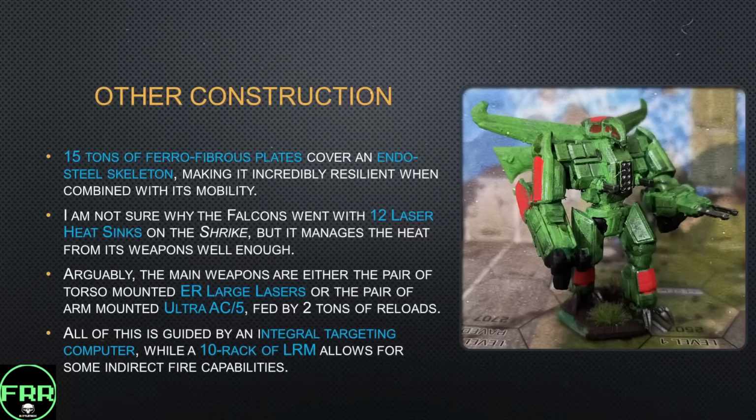Arguably, you've got two sets of main weapons on there, which might sound a little bit weird, but it's really a pair of either ER large lasers mounted in the torso, which gives you pretty darn decent sniping ability and decent damage, as those are Clan ER large lasers, or the pair of arm-mounted Ultra AC/5s fed by 2 tons of reload. It's not a whole lot of reload, and the ammo feed is a little bit odd on them,